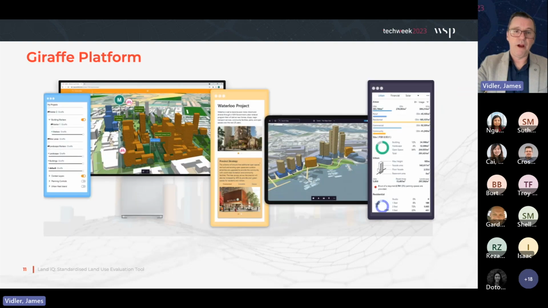Now, the front end of the platform, think of the platform as a data store with a sort of presentation layer on top of it. The presentation layer is actually a software as a service product called Giraffe. And so Giraffe are one of our partners in this. And so the user experience for Land IQ is all via Giraffe. And I don't know whether people on the call have had any experience with Giraffe, but it's a very, very powerful tool for doing land use evaluation. But as it's in its software as a service kind of configuration, it has access to a limited set of data. And so what WSP have done